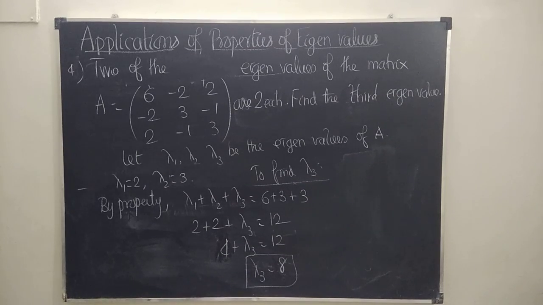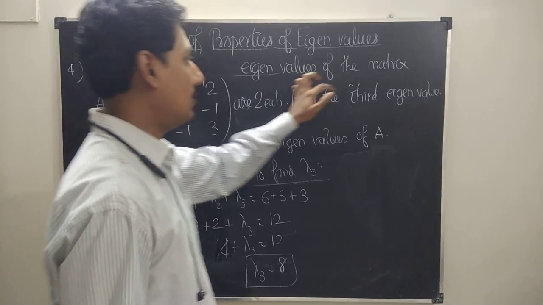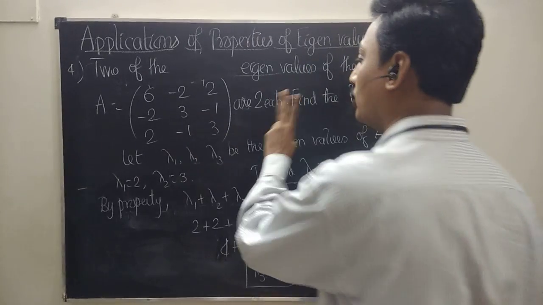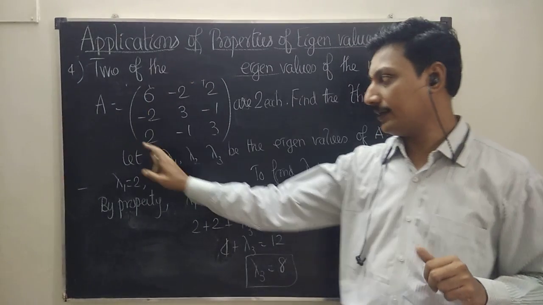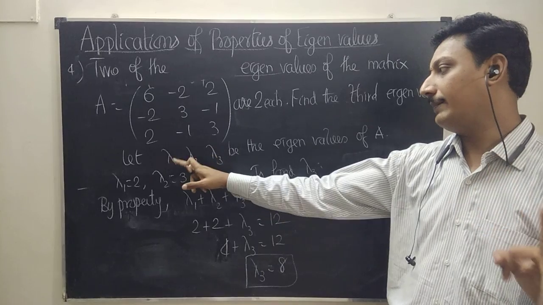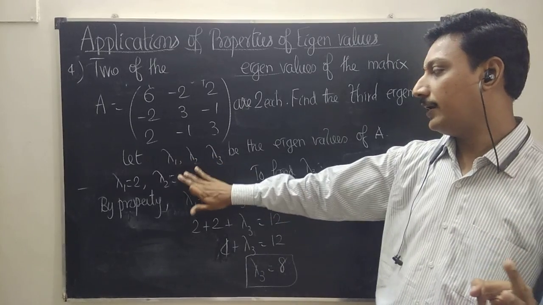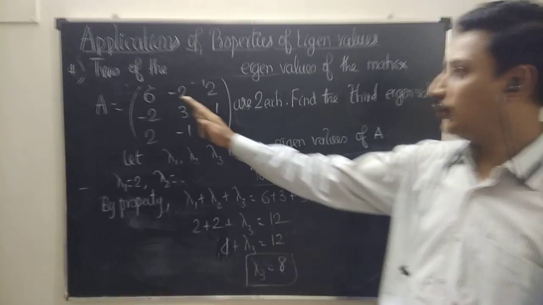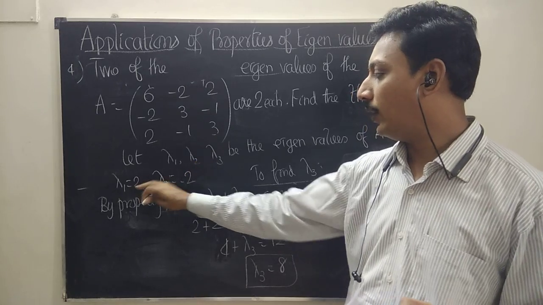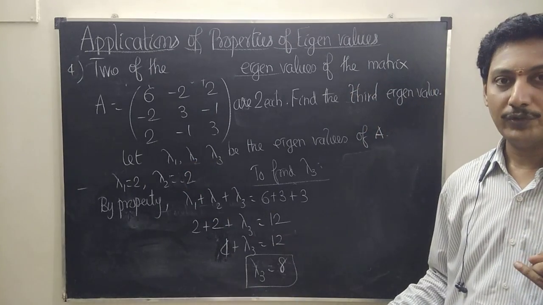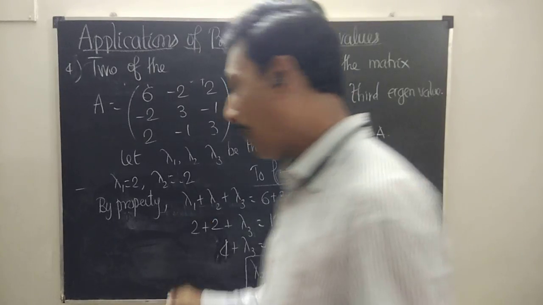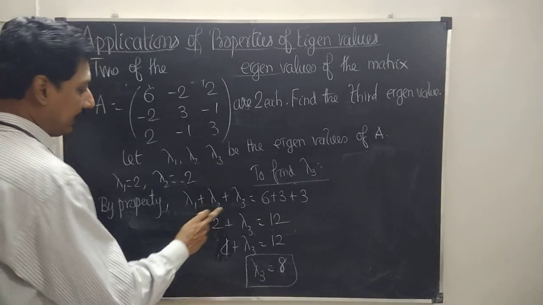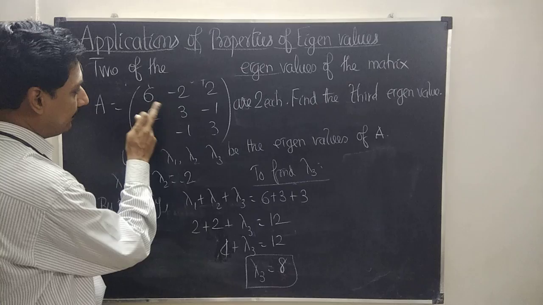The fourth one: two of the eigenvalues of the given matrix are 2 each. That means it's a 3 by 3 matrix. So there are 3 eigenvalues, namely lambda 1, lambda 2, lambda 3. Given that two of the eigenvalues are 2 each, lambda 1 and lambda 2 are 2, 2. What about the third eigenvalue? Find the third eigenvalue. So by using the property, the sum of the eigenvalues is equal to the sum of the leading diagonal elements, 6 plus 3 plus